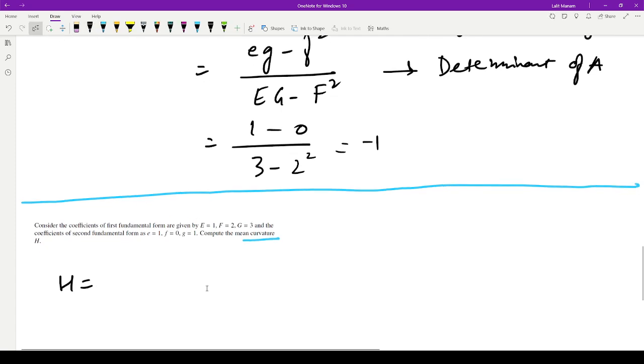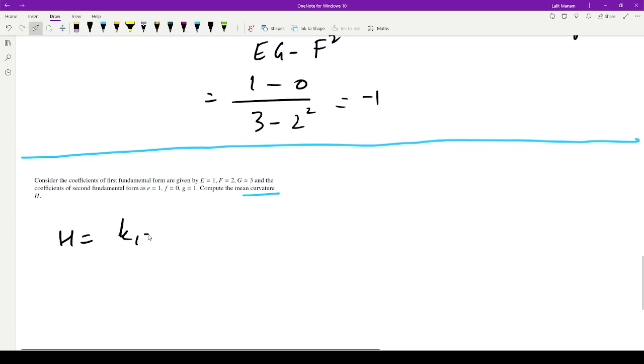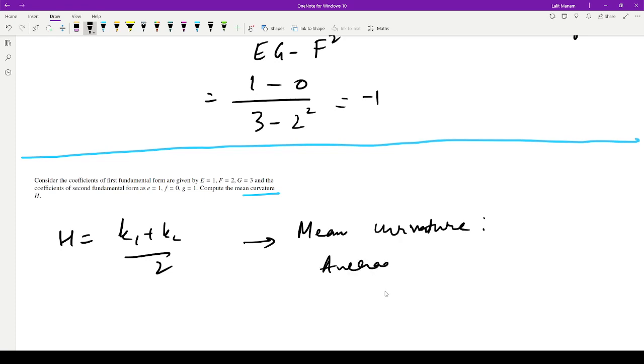K1 plus K2 by 2. It's the mean curvature, as it says, which is just the average of eigenvalues